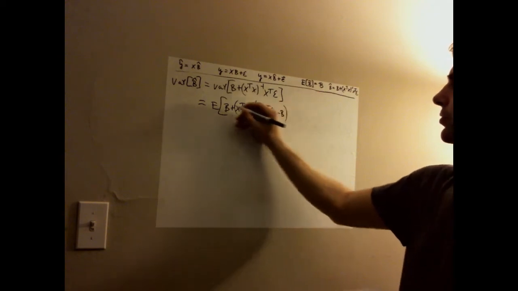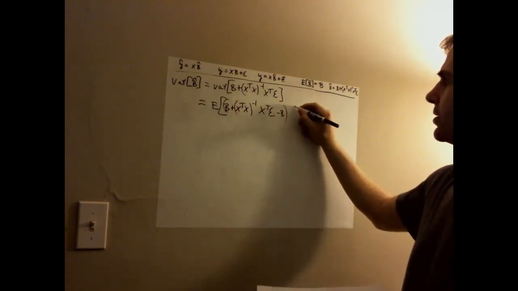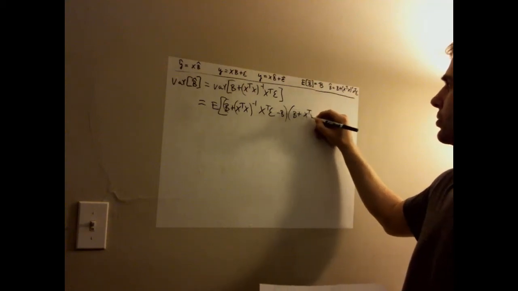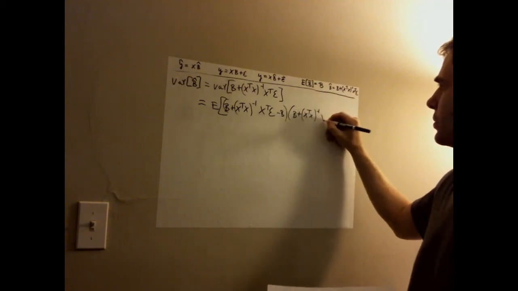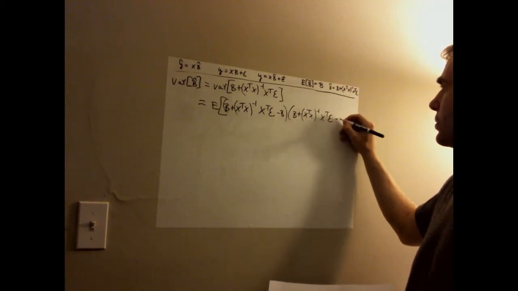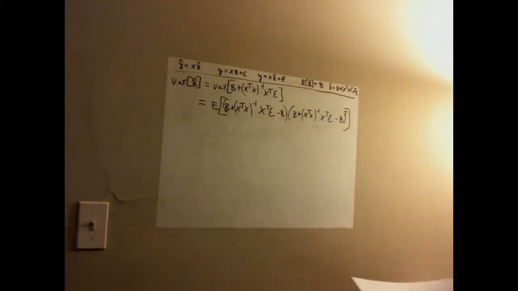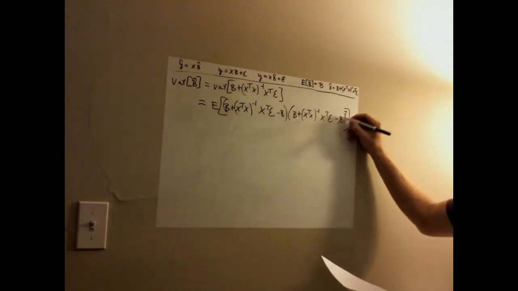And then this whole thing is going to get multiplied by the same quantity, but transposed. Okay, so these betas cancel,